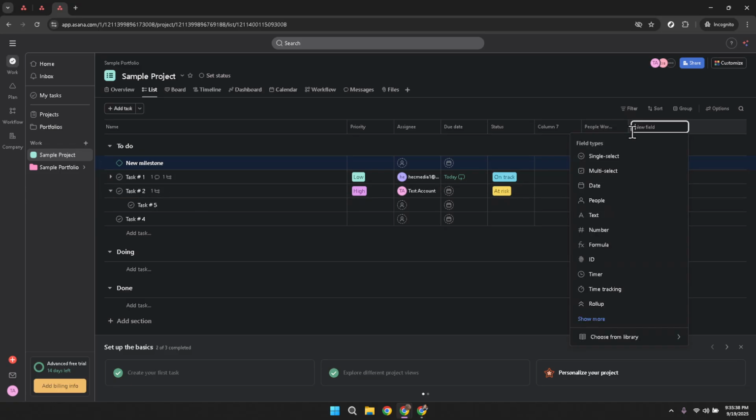and optimization. And there you have it. You are now equipped to add custom fields in Asana, empowering your team to navigate through projects with precision and